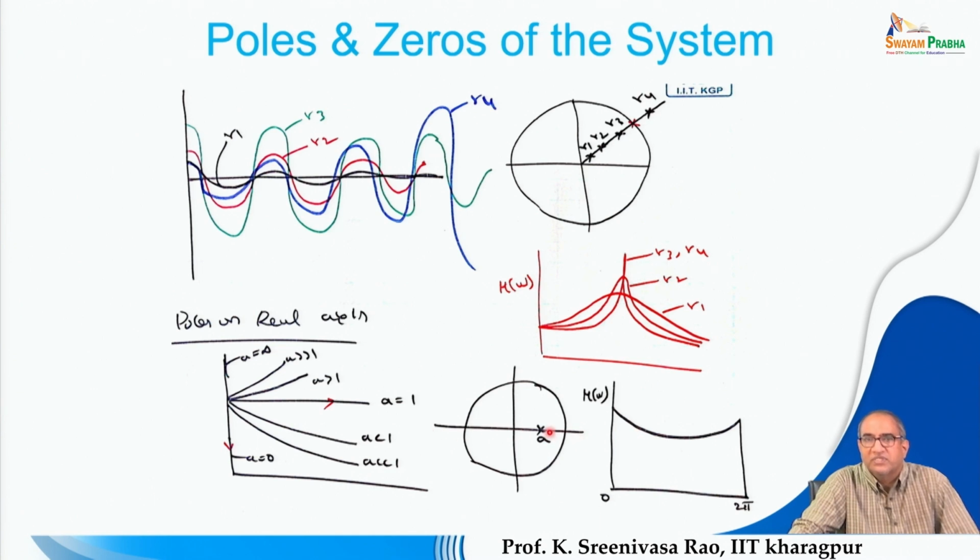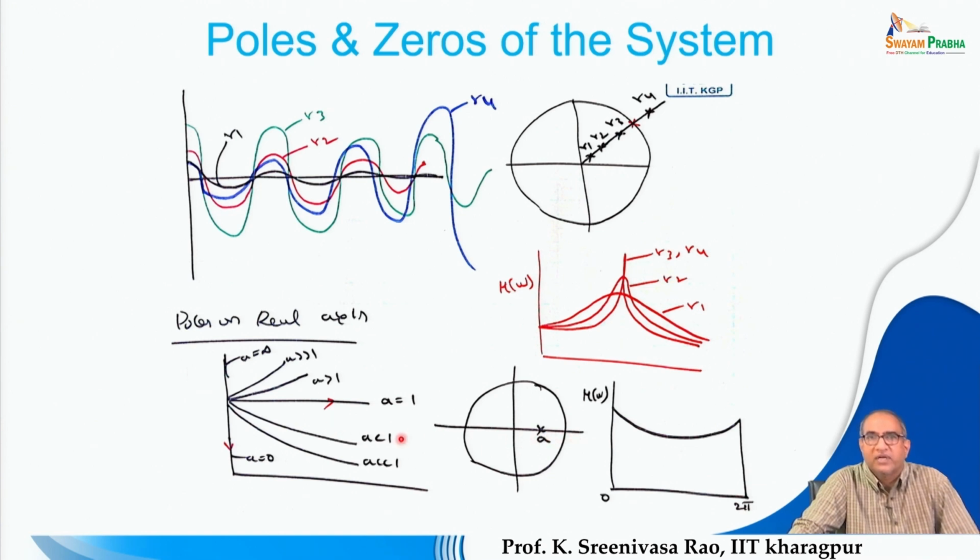and again, if the real roots are within the unit circle, then the system is stable. If the roots are outside the unit circle, then the system will be unstable. And as I mentioned, since these roots are on the real axis, the resonant frequency offered by these roots is 0. So that is the reason, if you analyze the real roots, you see that the roots are present on the real axis,